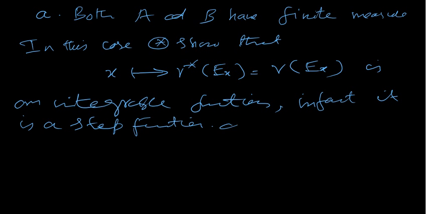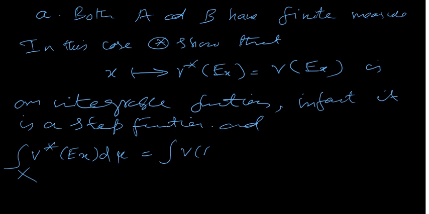So the integral over X of nu star of E_x d mu is equal to the integral of nu of B, because nu star of E_x is equal to nu of B times the characteristic function of A, d mu. So that's equal to nu of B,